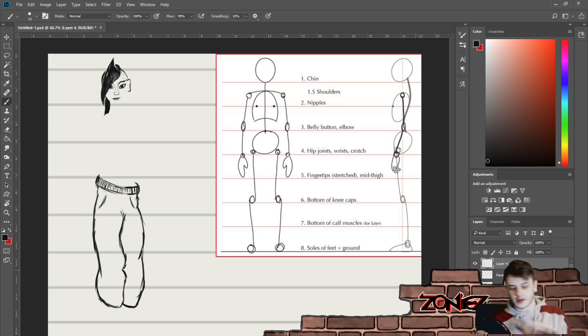I'm gonna message my friend because he's done plenty of character drawing before, and maybe he can help. We'll summon him. Must have been a while since I texted him because he did not appear. Oh yeah, had to scroll way down to get to him. Actually, there's a lot of people up here that I would have thought I texted way after him, but it seems like it's been a little bit.